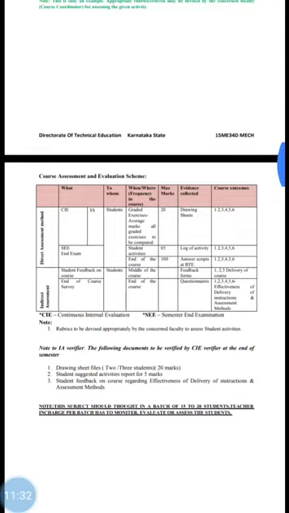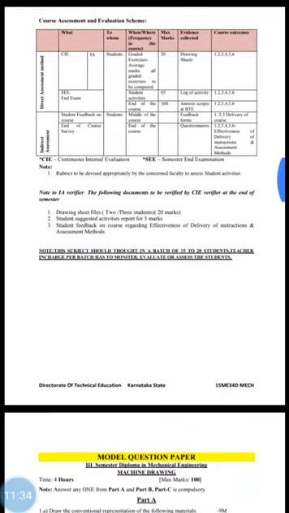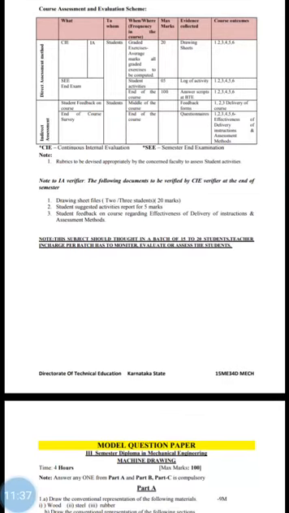Then the course assessment and evaluation scheme. Here CIE is for the students 25 marks: graded exercises, average marks of all graded exercises to be computed for 20 marks, meaning drawing sheet marks, and course outcomes are 1 to 6.